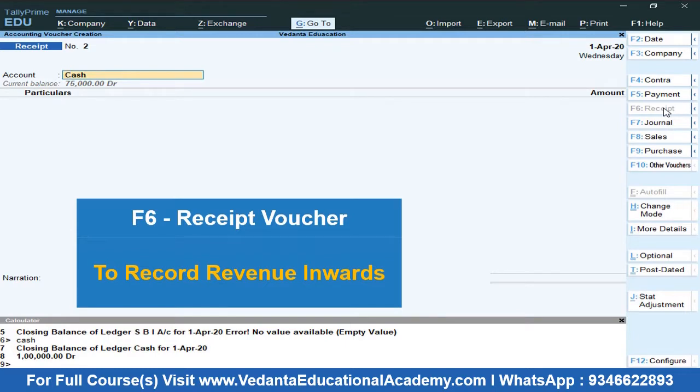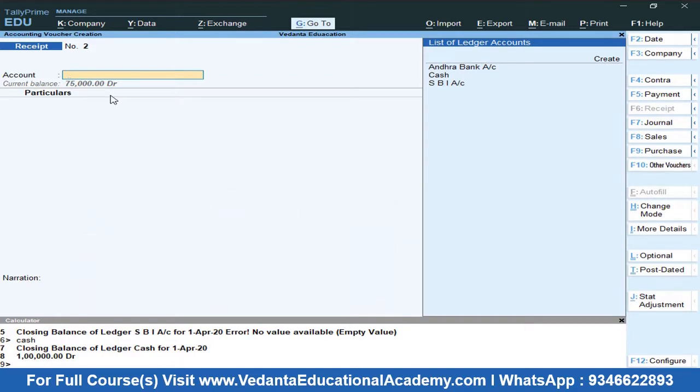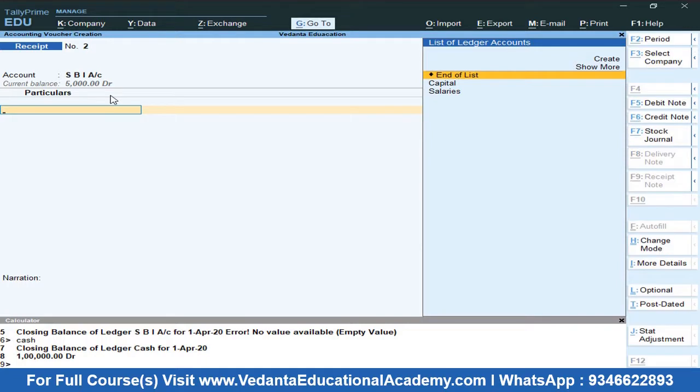receipt voucher. Again, in the receipt voucher, you need to confirm an account, that is, how you are receiving the revenue. Are you receiving in the form of cash? Then select cash. If the form of receipt is bank, then confirm your bank. Again, in the place of particulars, you need to confirm the account on which you have received. So again, I'm going to create it with Alt plus C.